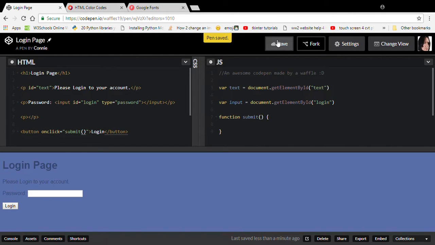So now we've done that, we need to think of a good password. Now, waffle is a pretty good one. Well, it kind of has to be waffle, but yeah. So now I'll do if inputs, which is, remember, the login thing, dot value, this is whatever the user types in here, is equal to waffle, and then curly brackets, and then here I'm going to do text.innerHTML equals